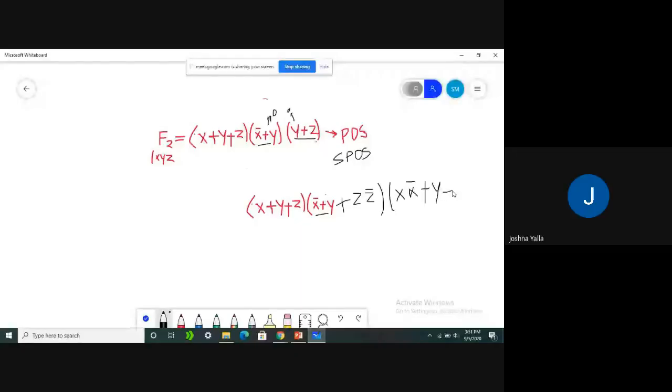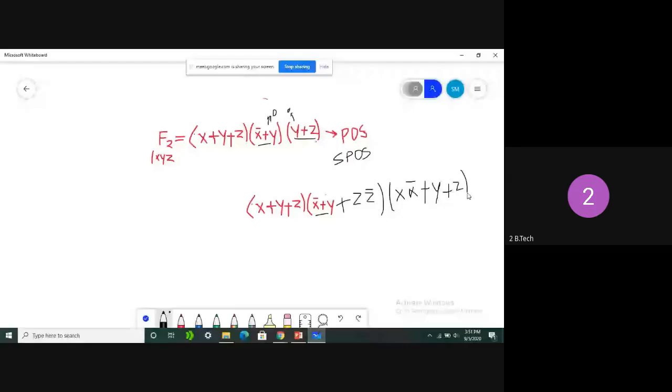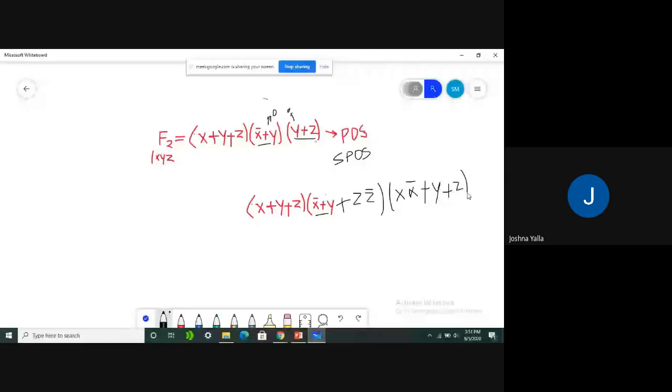If you observe deeply, in a product term we are going to multiply with addition. In an addition term we are going to add a product term. That is Z into Z bar is a product term. This is the trick. If an addition sum is there, we need to give a product term, that is Z into Z bar. If a product term is there, that is XY is given, we need to multiply with an addition term, that is Z plus Z bar. That is the logic here.